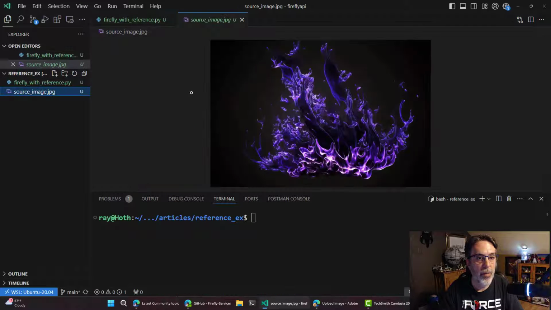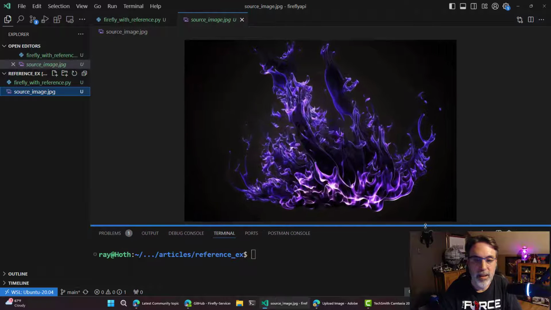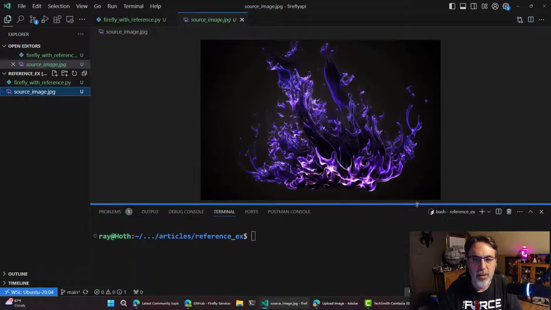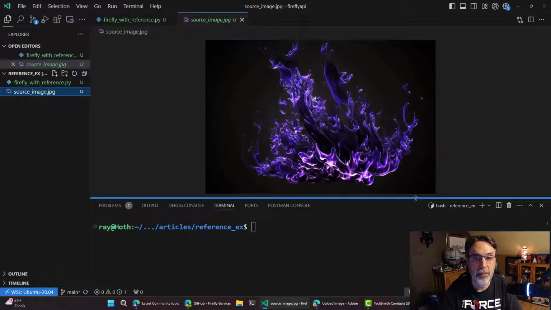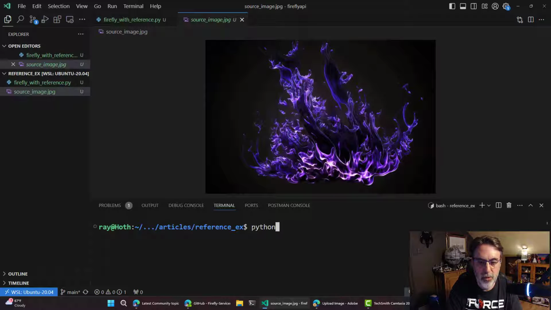Now, our source image or our reference image is this purple fire. I'll make that a little bit bigger for y'all. So you can see it's a very dramatic picture. It has a very clear visual style. But let's go ahead and run our script